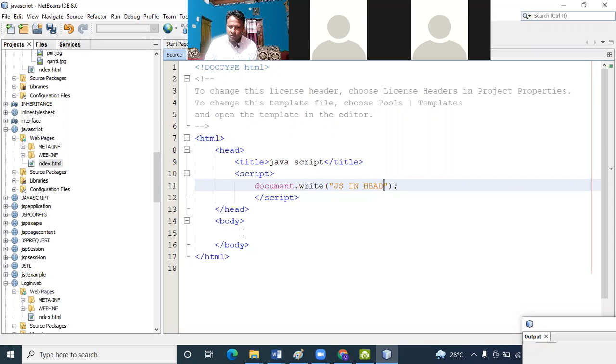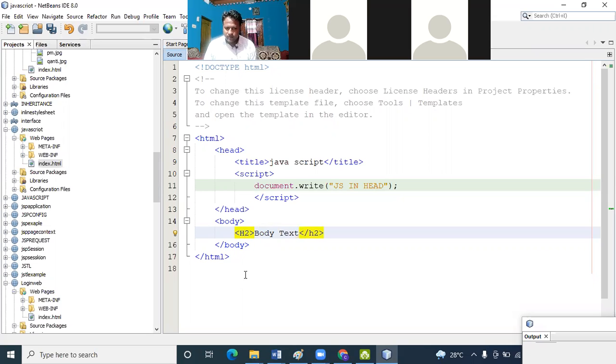Now I come to the body part. In the body part, I pass here suppose H2, then the end of H2, showing body text.